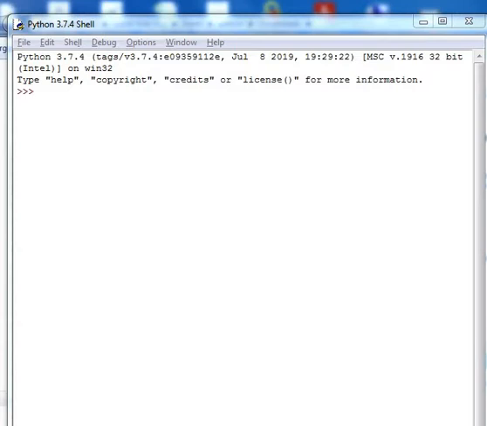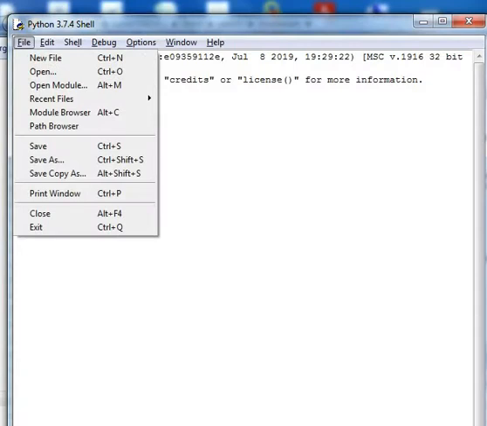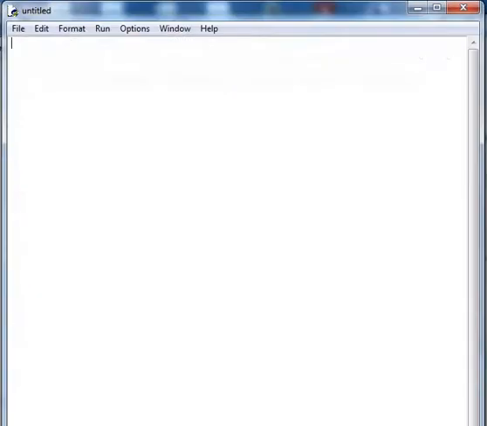Today we are making the programs in file. In file we are doing the reading and writing operations in Python. So first of all we are making the program, so click on the file. Here we are making the new file, so click on the new file.